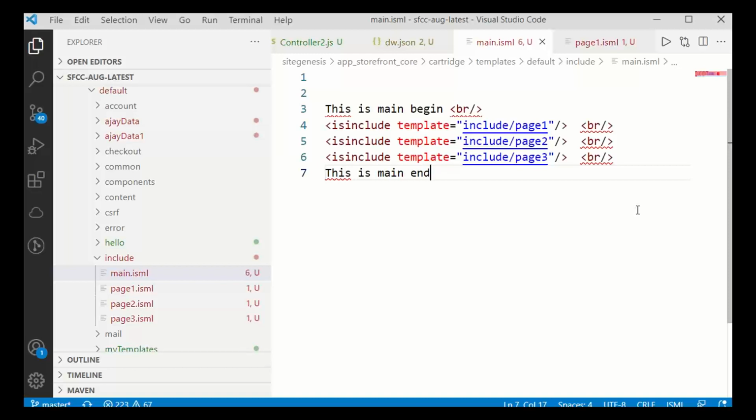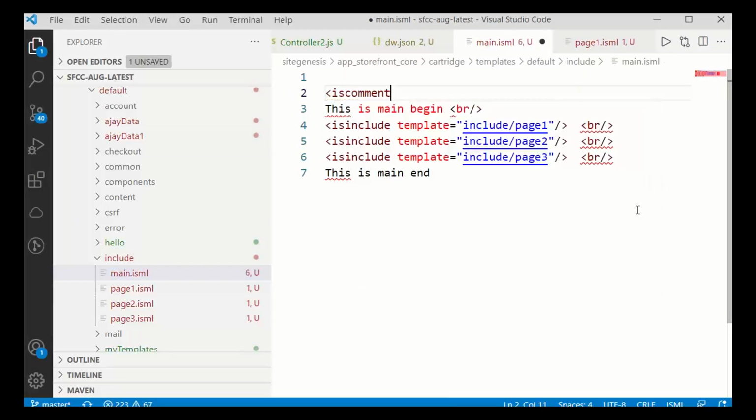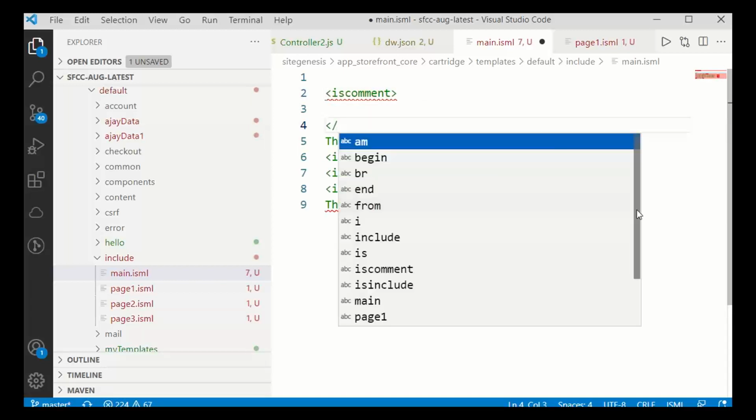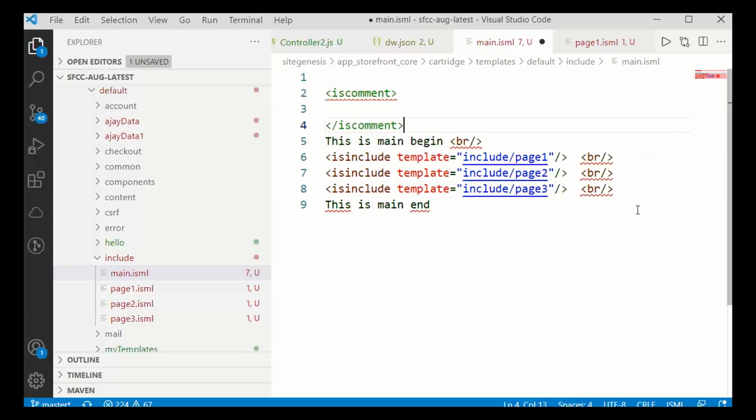You can call this a local include. You can add a comment through iscomment if you want to provide any comment inside an ISML file.